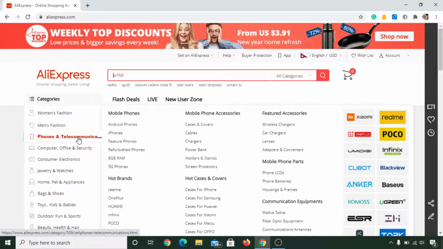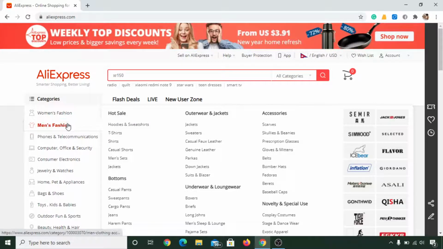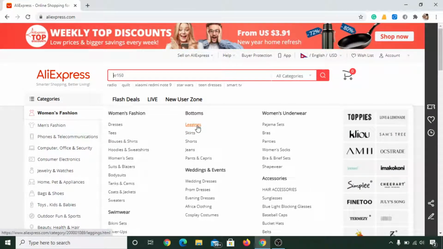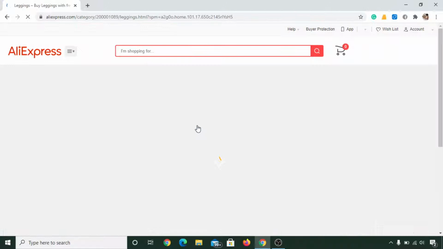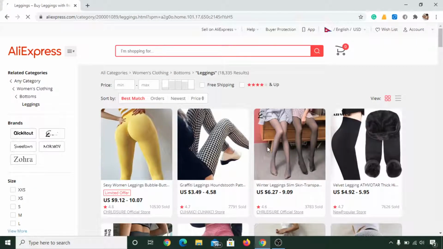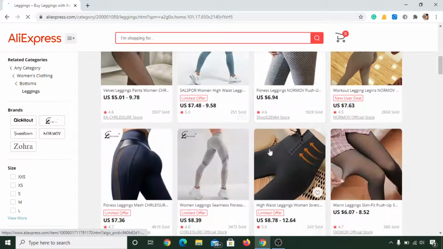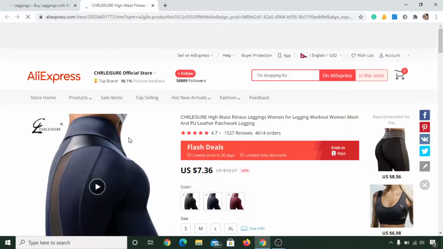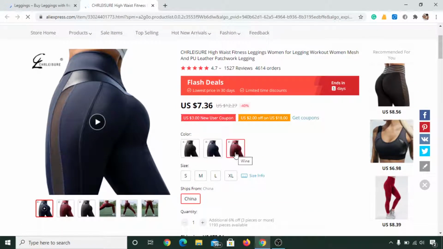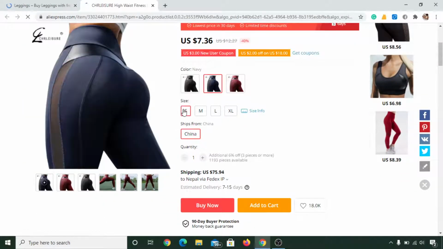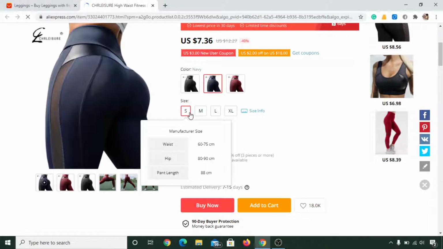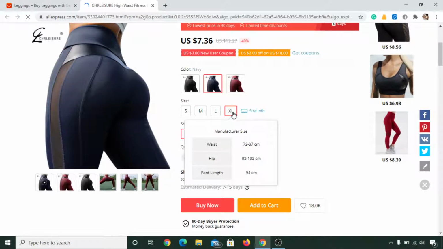So in order to purchase inside AliExpress, you can simply click on any product that you want to buy. Let's buy some leggings. Okay, so now you can see here are several leggings. Now let's see for this. Simply click on that, and then you can choose the color that you want to purchase. Okay, any color that you may want, and size, you can select small, medium, large, extra large,